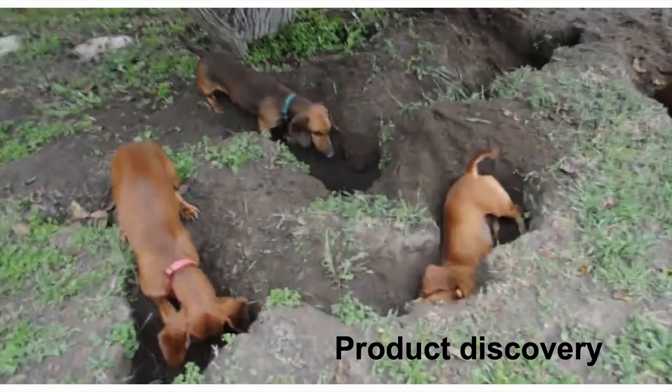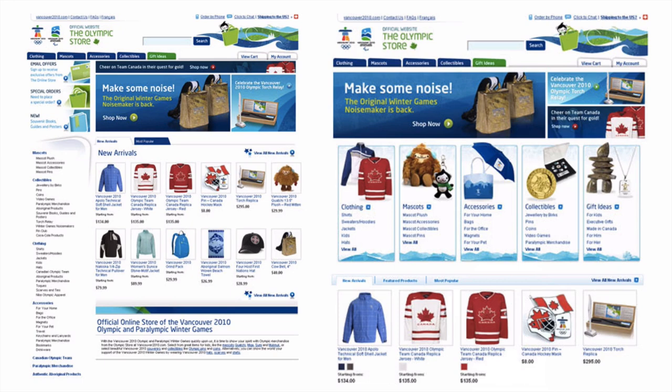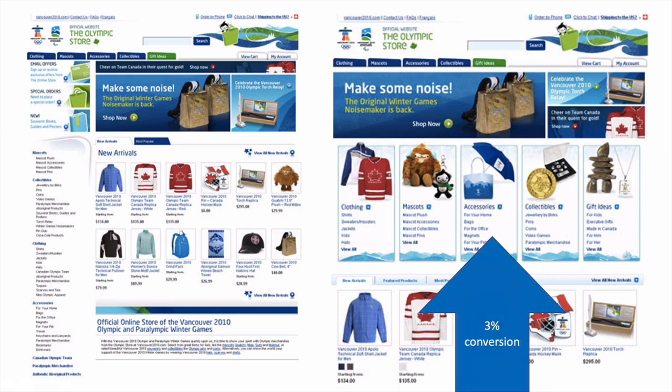Let's talk about product discovery. So here's an example of the Vancouver 2010 Olympic store again, and this is sort of a semi-radical redesign. We changed several elements at once. It wasn't a completely reimagined template by any means, but what we did was we got rid of this left-hand navigation and gave it a more streamlined, graphical, in my opinion, user-friendly way to navigate and explore the catalog. So the results were 3% higher